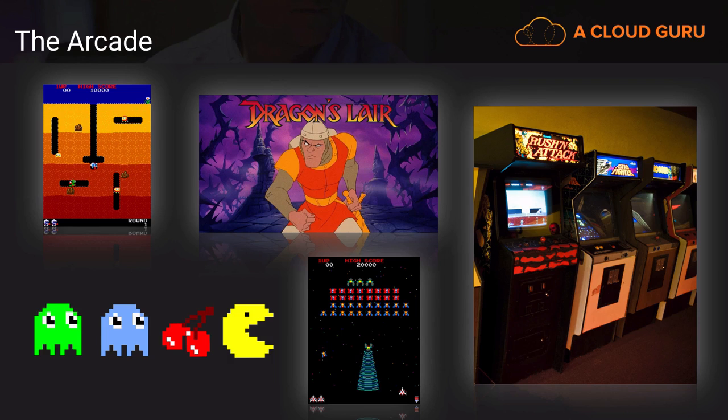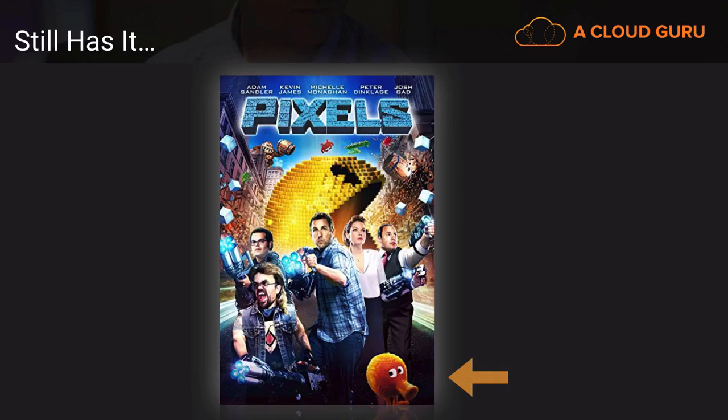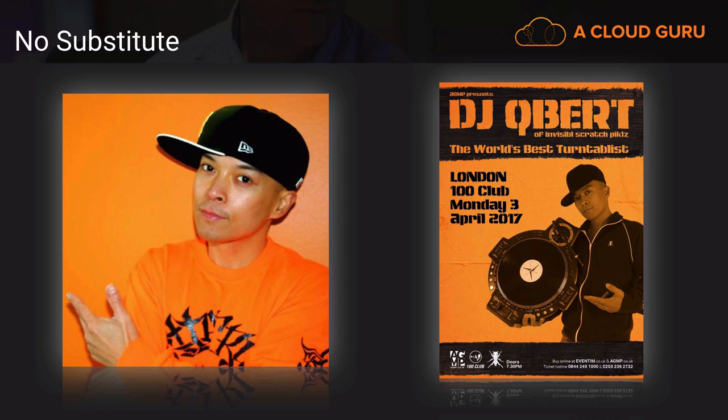It involved this pyramid and this little orange character that had a nose or a snout or a mouth, not really sure. And he would hop along the squares of this pyramid trying to avoid various dangers. And this little guy has even appeared in some recent movies, but unfortunately, he's copyrighted. Now, I thought about maybe using some substitutes, but alas, I just don't think it would be the same. So you got what you got.